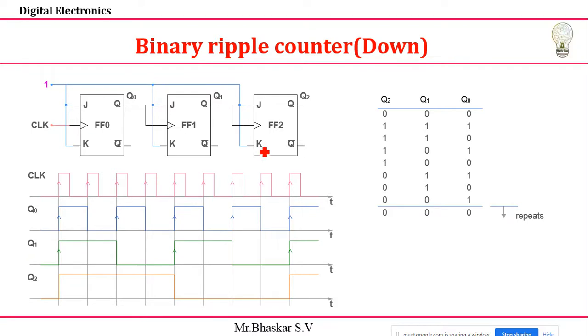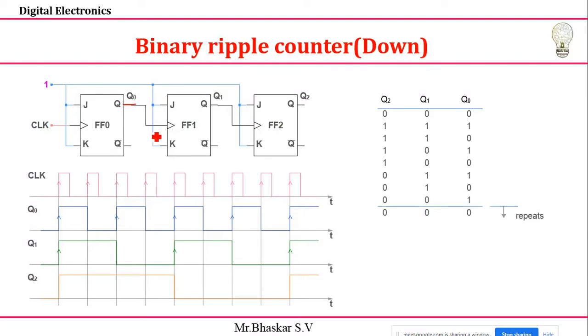For the second circuit, another way to define it: instead of this positive edge, I'll take all the circuits with only the negative edge, because the up-down counter next will be built that way. Then you can use the same circuit with bubbles, which is called an up counter. Instead of connecting my Q, I connect it to the Q bar. That's all. I remove this connection, and if you connect it to the Q bar, then this circuit acts as a down counter. Keep that in mind. For this explanation, I'm not going to do this process; I'll just connect my Q value, the normal connection.